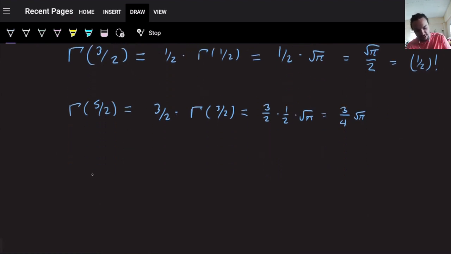So what are you going to get for gamma of n plus 1/2? Well, we saw that gamma at 2 plus a half, we got